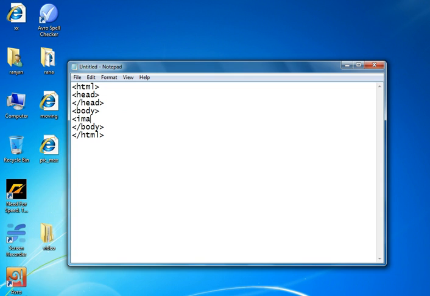I am taking an image and giving the identification value A to the image, and the source of the image is penguins.jpg. I have not given any height and width measurement to the image because I want to use CSS in this place.